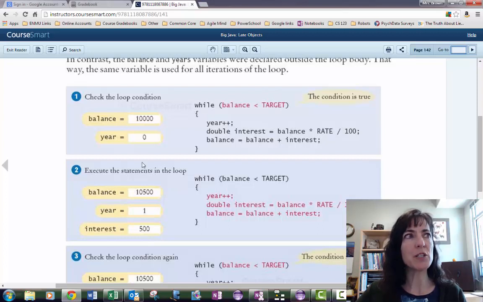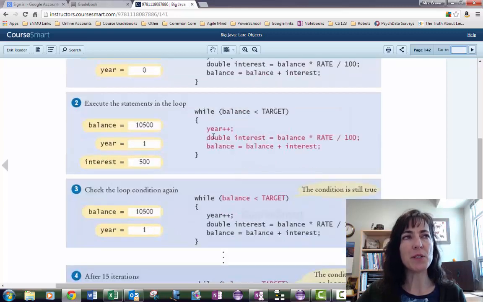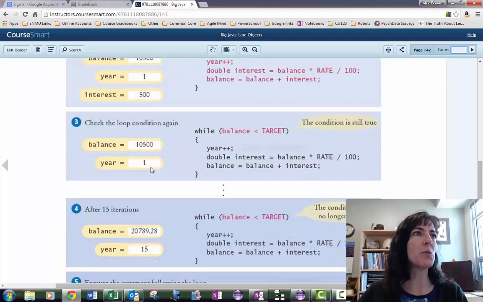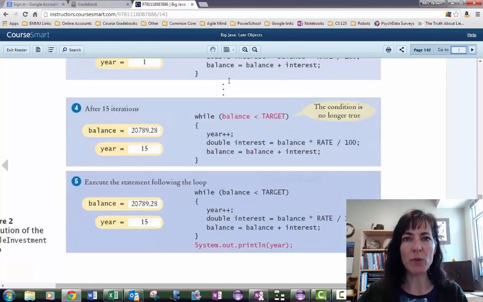So first we check the loop condition, and then we're going to execute the statements that are inside the loop. So these three in red, the adding one to the year, they did their calculation a little differently than what I'm showing you. I did it all in one line for the next part. But we have balance 10,500, year becomes 1, and then the interest we actually added in already. Then we go back and check the loop condition. So starting off with a while loop, we check the loop condition at the start, and then we execute the code if it's a true statement for the loop condition. Then we go back and check the loop condition again, and then we'll keep going through as many times as we need to. So we can see this number 3, we go through the loop again, or we're checking the condition again, and we run through all of those 3